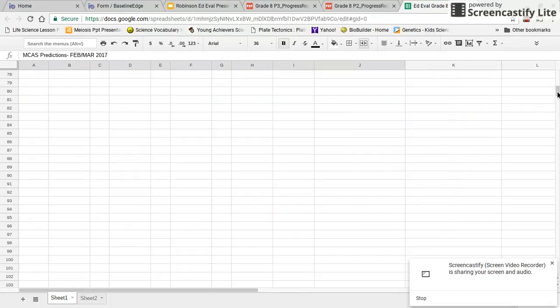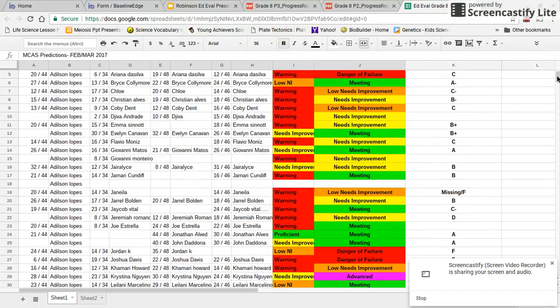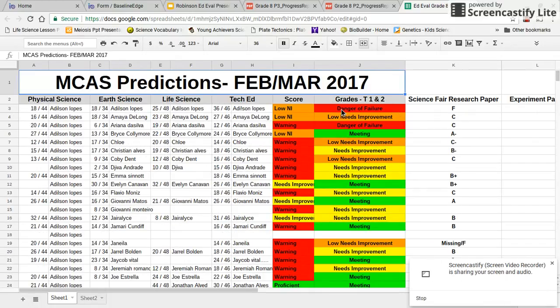And so I was able to take this data, compare it against their actual grades, term 1 and term 2, and then make a prediction based on where they would be. And this is using my parent contact as well because I did show this to the parents at the conferences and emailed information in the letter.